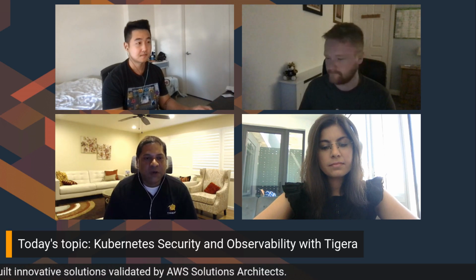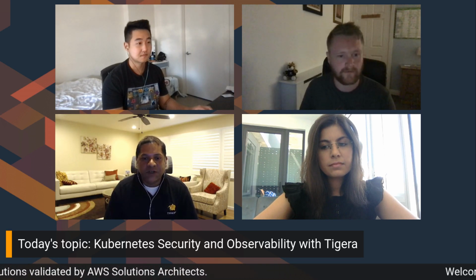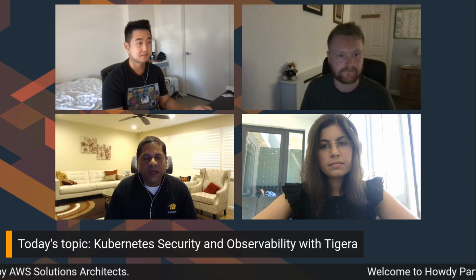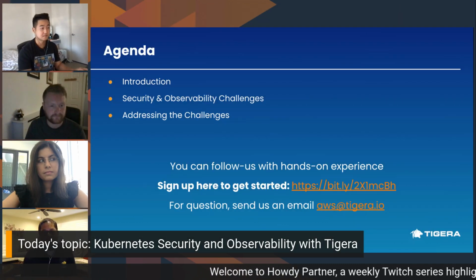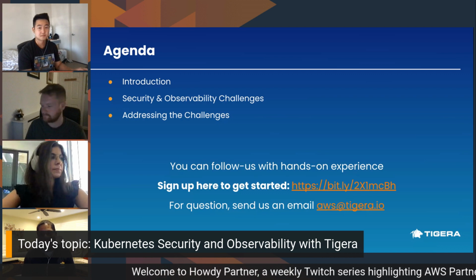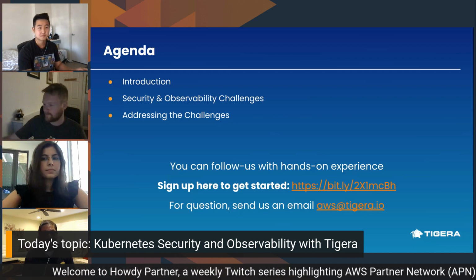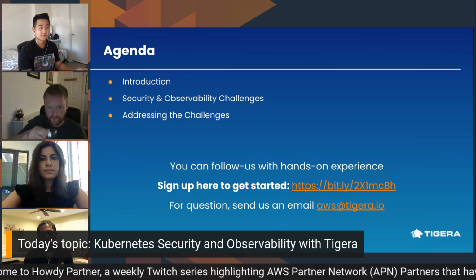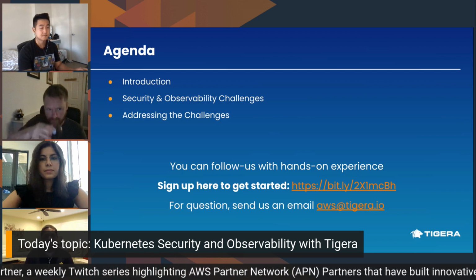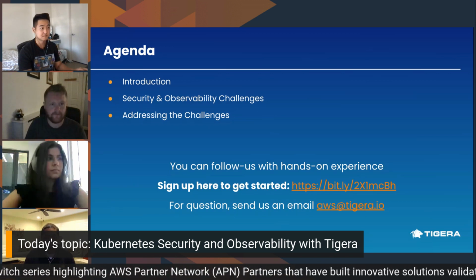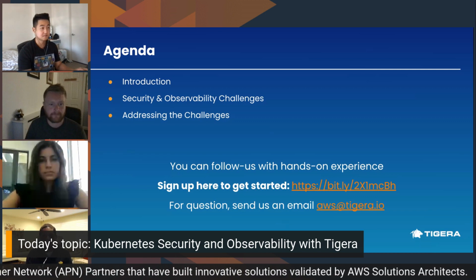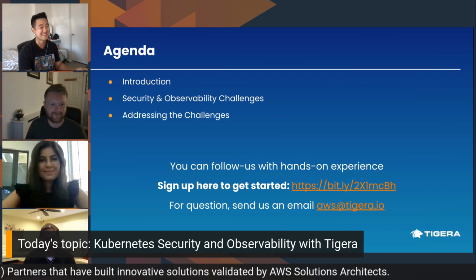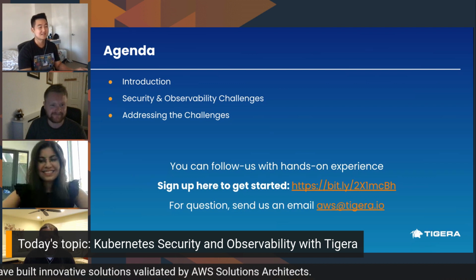And here's a quick roadmap for our show today. We'll start with a little bit of introduction about Tigera, who we are, what problems we solve. And then we'll go through some real world scenarios, some stories that we have seen and learned from working with our users. And then we'll talk about how to address those. And I promise you that I'll do less of talking and Nigel will do most of the work here. He does a phenomenal job in walking through how this works.